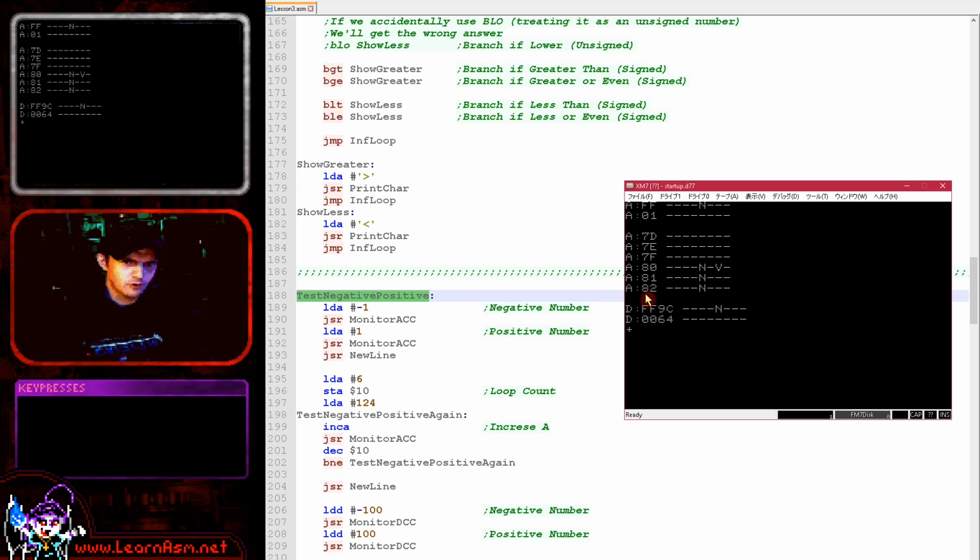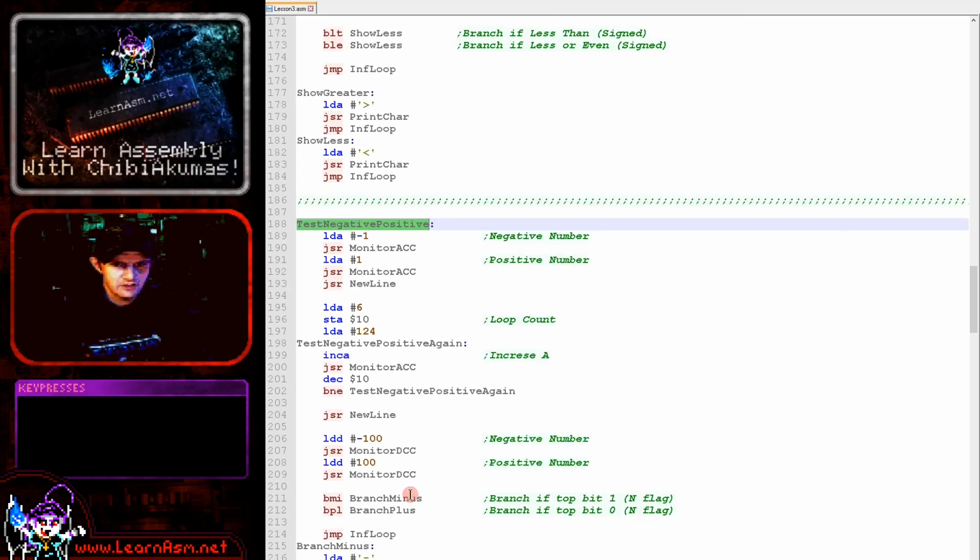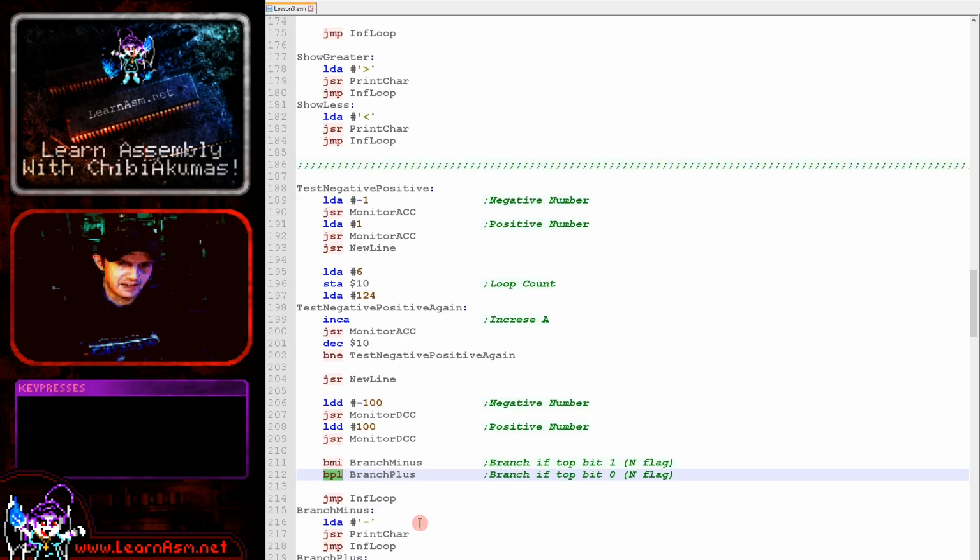And these are, of course, all 8-bit numbers, but the same is true if we use 16-bit numbers. Here, this one has the top bit set, so the N flag is set. And this one has the top bit clear, so the N flag has been cleared here. And we can have a condition that happens if the flag is negative or not. So we've got branch if minus here, and we've got branch if plus here,